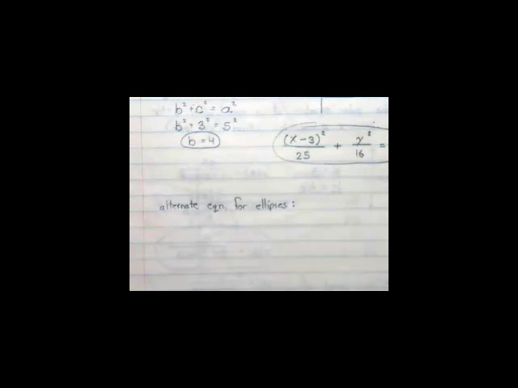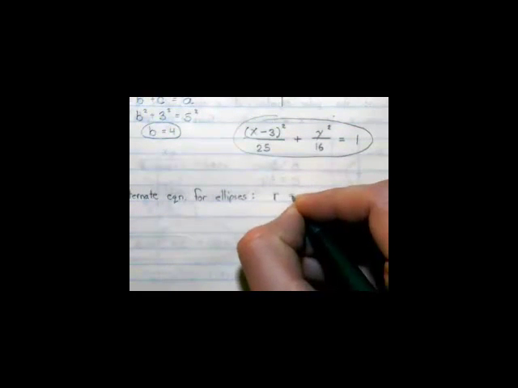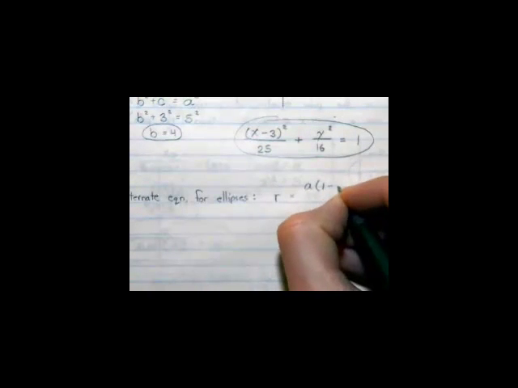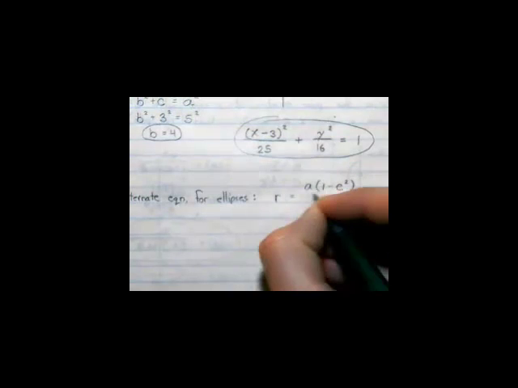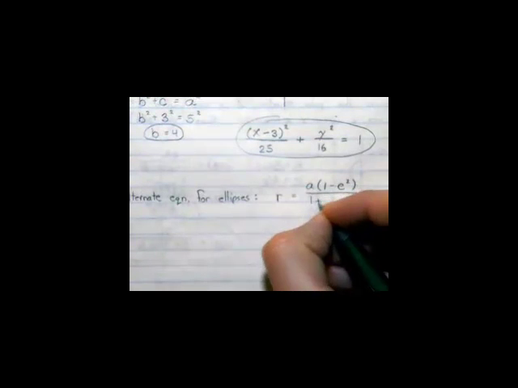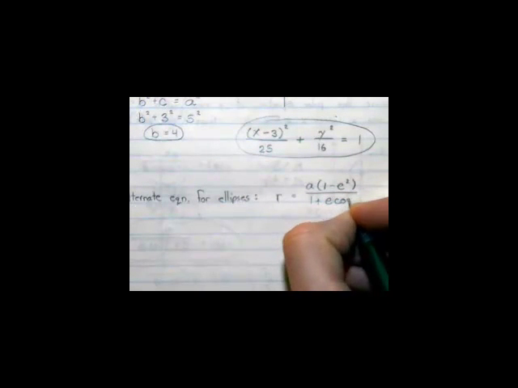All right, now this one is convenient because it involves A and E in the same equation. So we get r equals A times 1 minus E squared over 1 plus E cosine theta. Now, orientation could change the bottom of it just like before. Okay, so for this particular one then,